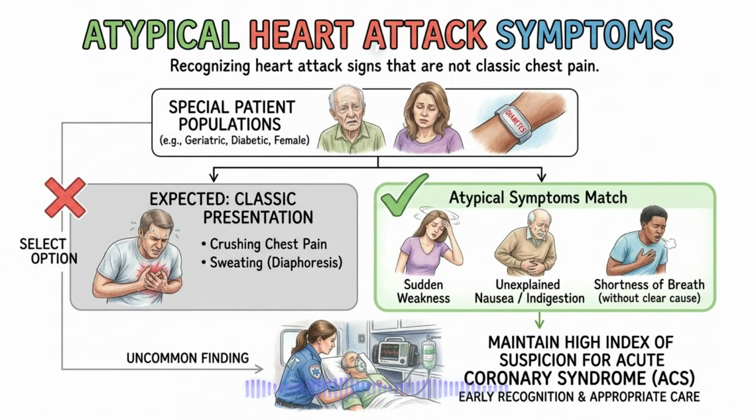Women, the elderly, and diabetic patients frequently present with atypical symptoms, meaning their signs of a heart attack are unusual or subtle. Instead of chest pain, these special populations might complain of sudden weakness, unexplained nausea, indigestion, or shortness of breath without a clear cause. You must maintain a high index of suspicion for acute coronary syndrome whenever you encounter a geriatric or diabetic patient